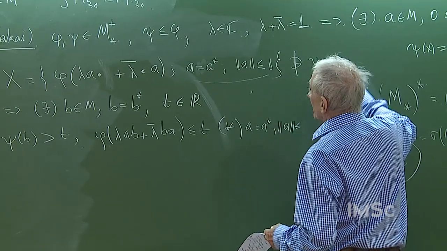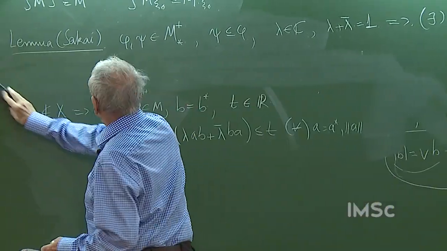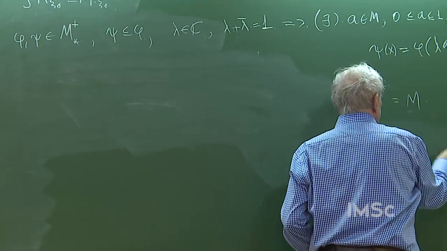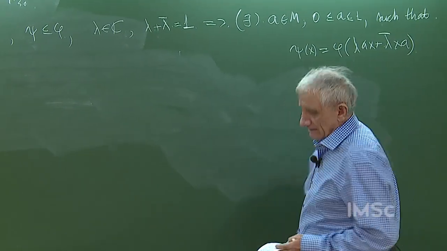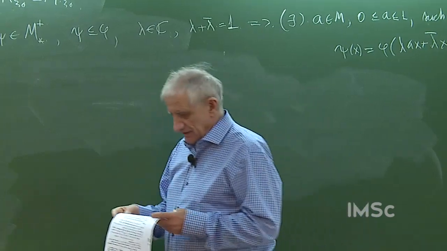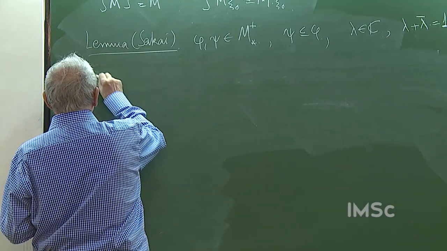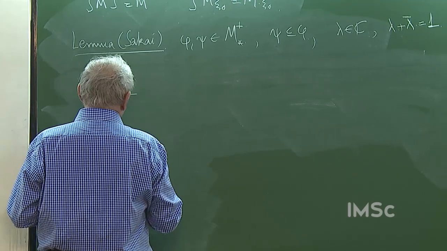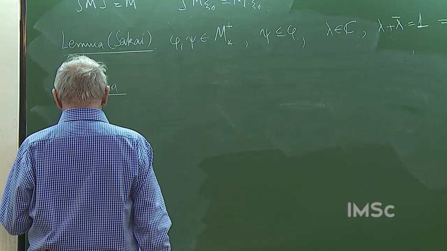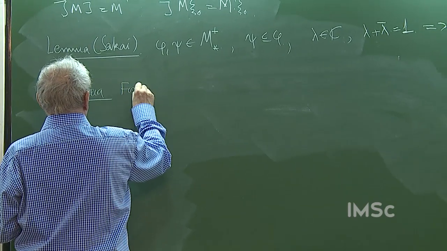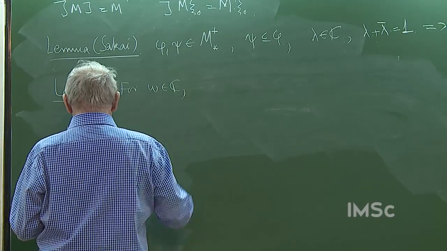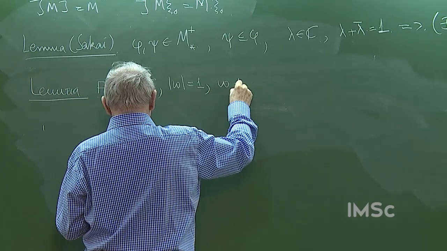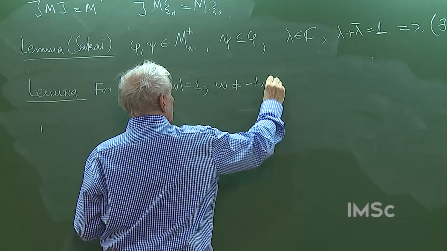Now, with this lemma, we will construct that primitive bridge. And this is the following thing. Another lemma, this time of Van Daele, so everything is from Van Daele now. For omega, a complex number of modulus 1, but omega different from negative 1, we have